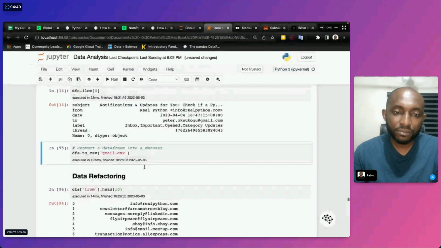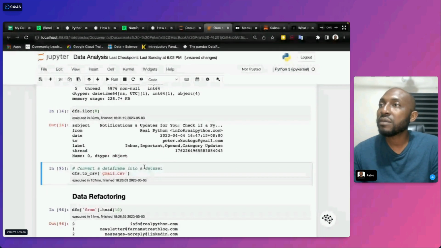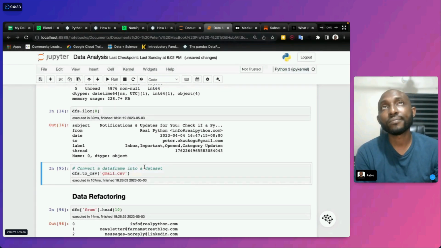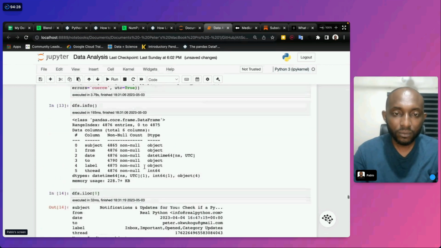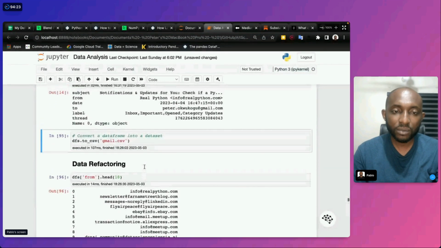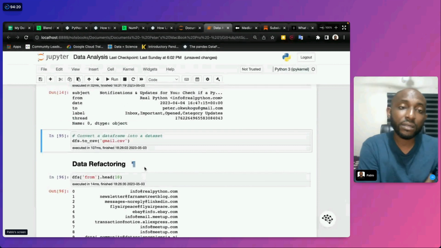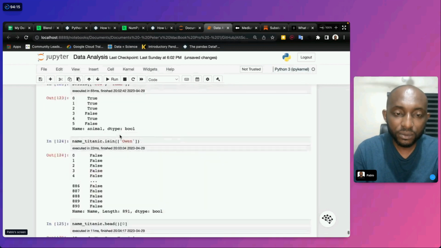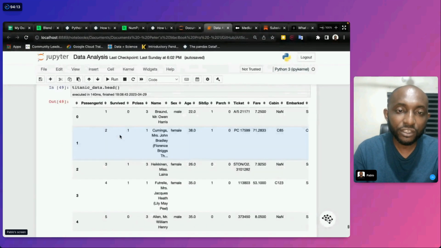Right, and then can we have an example using a lambda function to change an object to a string? Change an object to a string. Yeah, we can. So let me see what data set we are going to use. Yes, we can. Let me go down here. So let's look at this as a challenge.